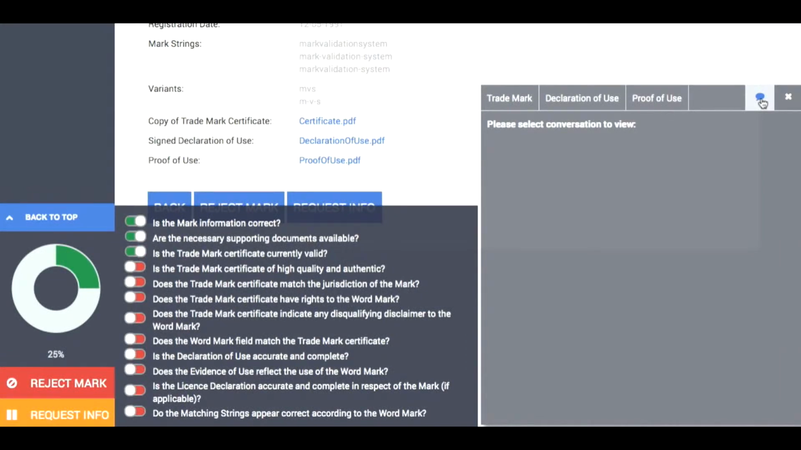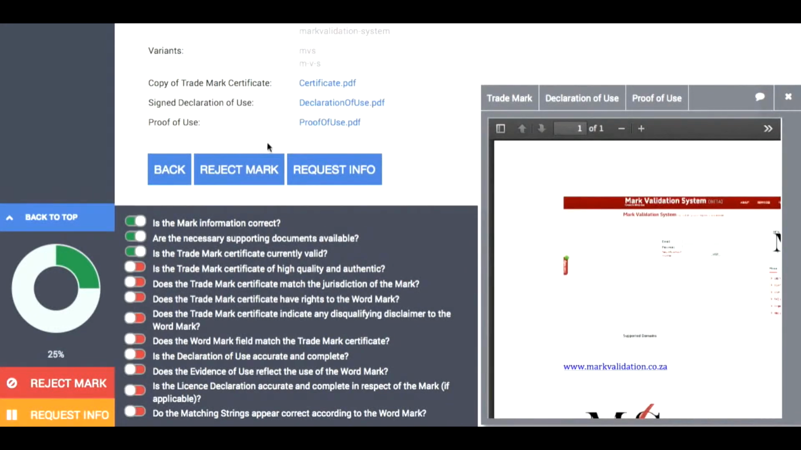As a validator, you may either reject the mark, approve the mark, or request additional information. That may be done through the options available at the bottom of the page. It is recommended that a validator never reject a mark unless the mark information provided is blatantly incorrect. In the event that additional information is required, or a piece of information has been provided in error, it is